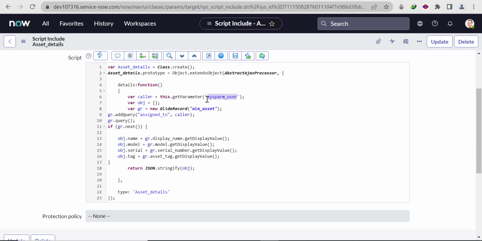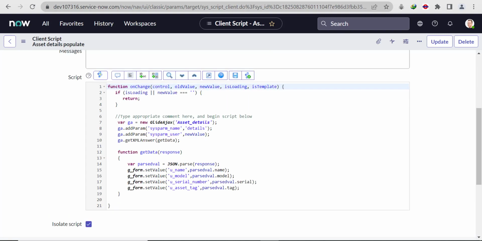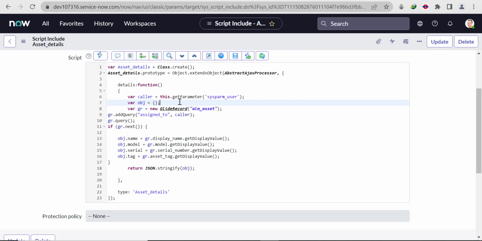We store the color field in the color variable which we get from the client side. For getting the value from client side, we use this.getParameter sysparm_user. And in line number 9, we are passing the color value in the sysparm_user. After that we do a simple GlideRecord,